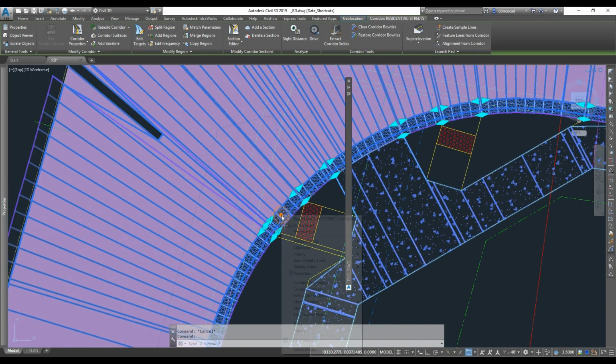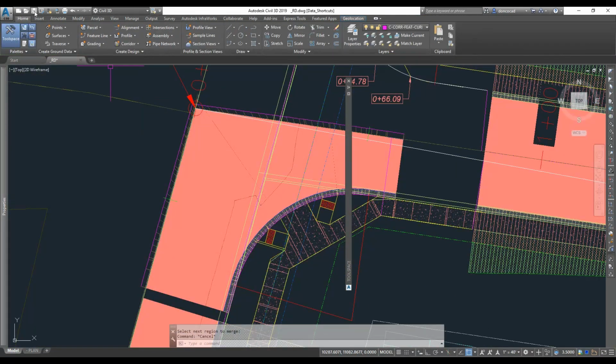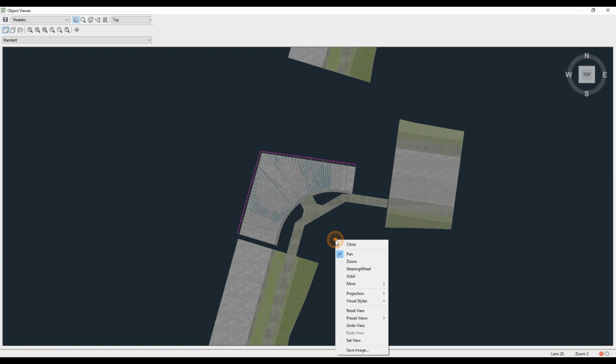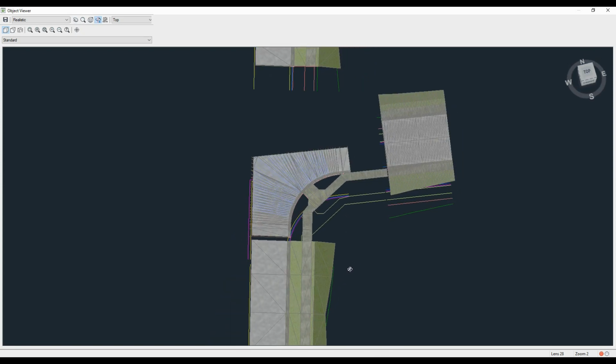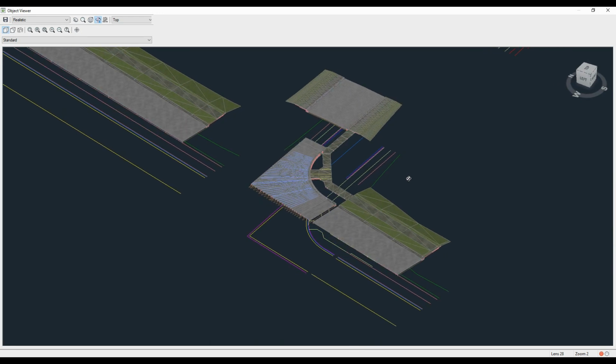Okay, got a little problem, so match region properties from one to the next, and boom, fix it, and then we'll squeeze it together. But that's what it's starting to look like there. And then everything was looking great until